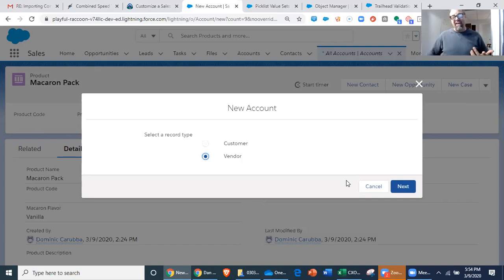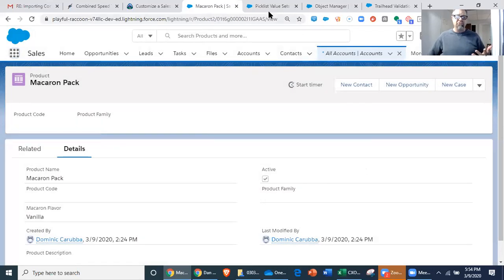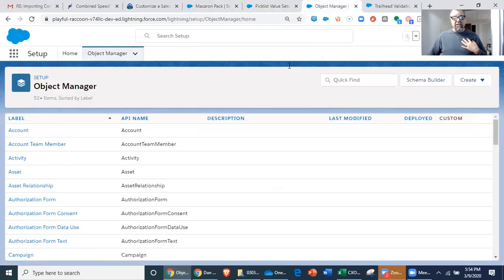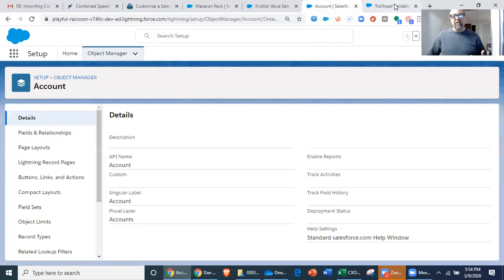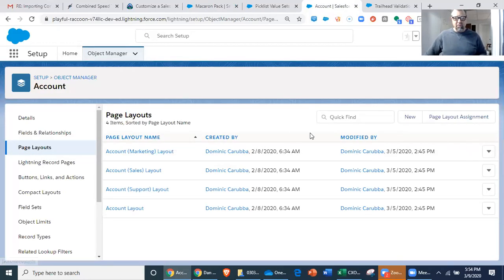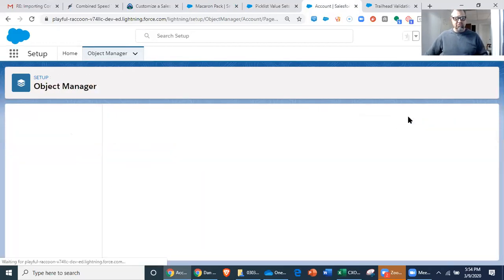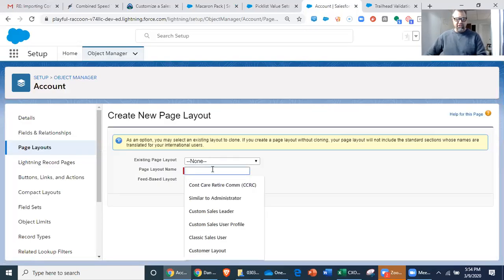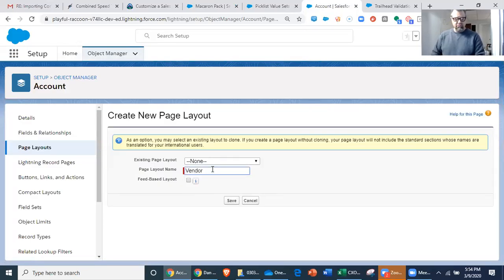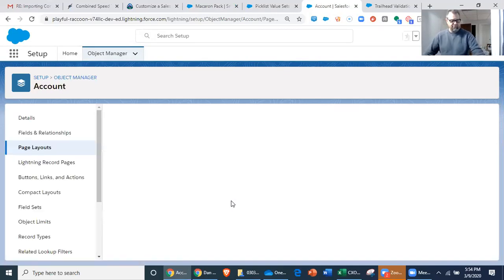If I didn't have that, if I just created a different page layout, then you're limited to the one page layout of each profile that's assigned to it. So what that means is if I create a new page layout for vendors and base it on the account layout, the regular account layout,